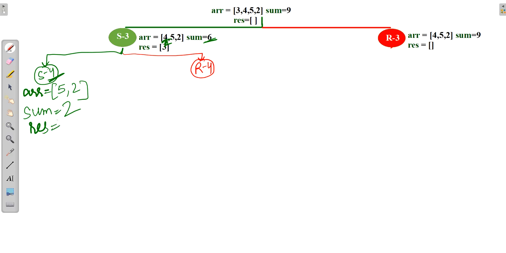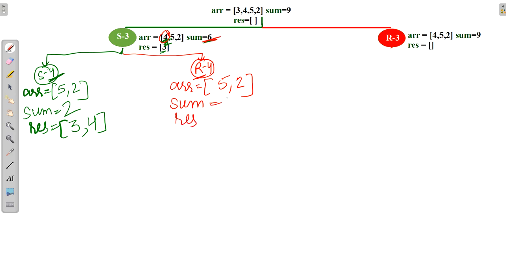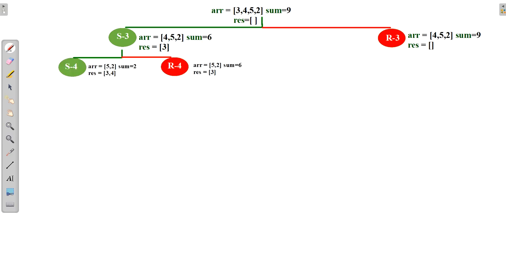Our result will be, as we have included this 4, 3 previously and 4 now. Similarly, when I reject this 4, my array will be 5, 2, but the sum and result will be as they are. Sum is 6 and result will be 3. I have shrunk this so as to fit on my screen.